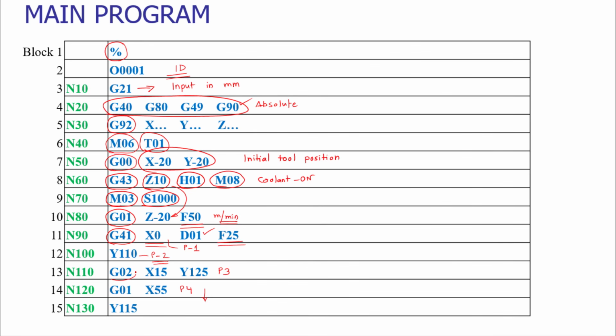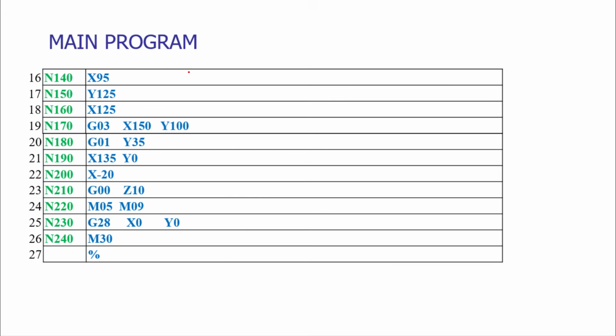But now this is the circular interpolation. From linear interpolation to circular interpolation we are changing, so we have to write G02. But G02 is only for a small contour that we have seen. From G02 again we are switching to G01. We will program the contour points as you can see on your screen. These are all the contour points.